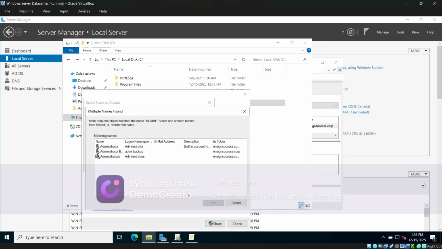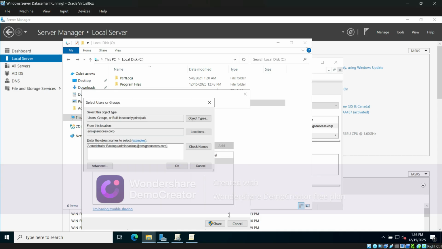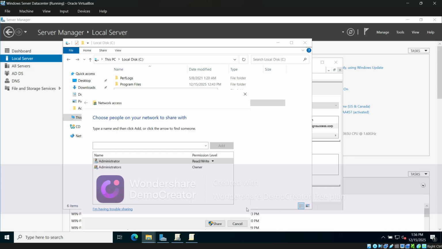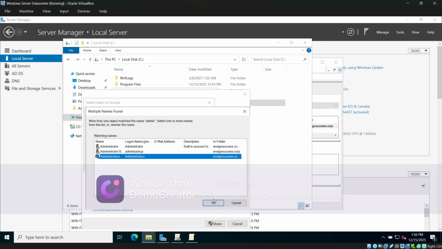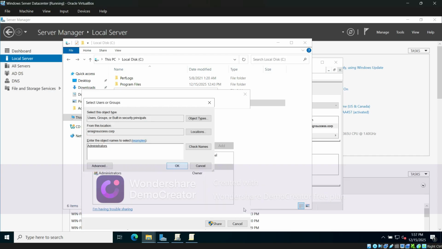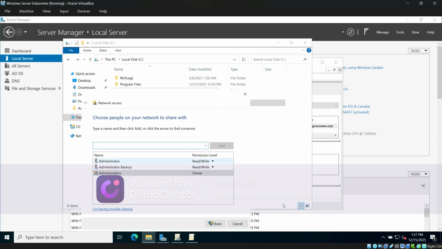Okay, so backup administrator, let's add this. Give them read and write. We add another one. Okay, so admin is there. Let's check again. Okay, give it another read and write,